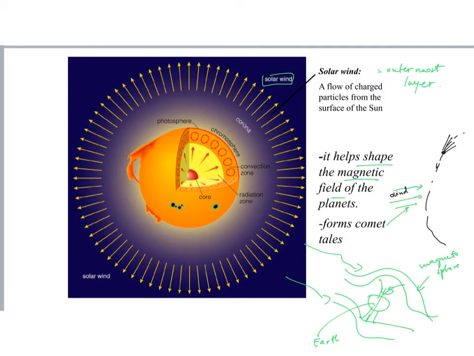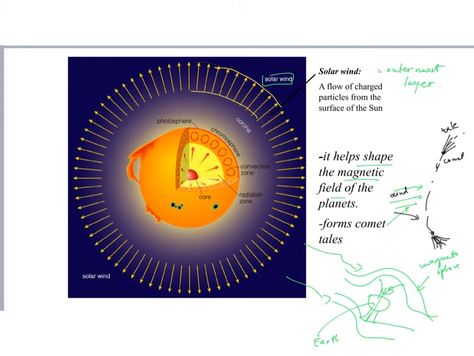So if this is the wind, then this is going to be the tail of the comet. The comet will go like this, but of course because of the wind, the tail will be created that way. It's always in the direction of the wind. All right, so this is basically the